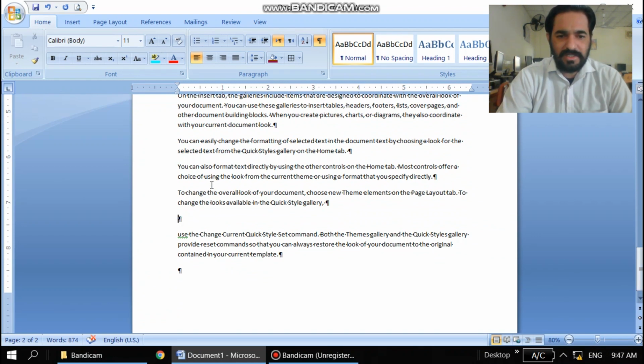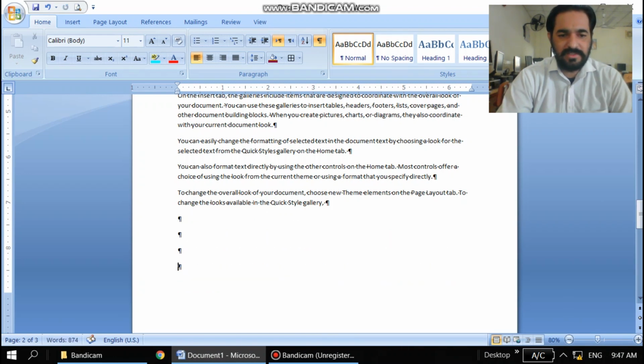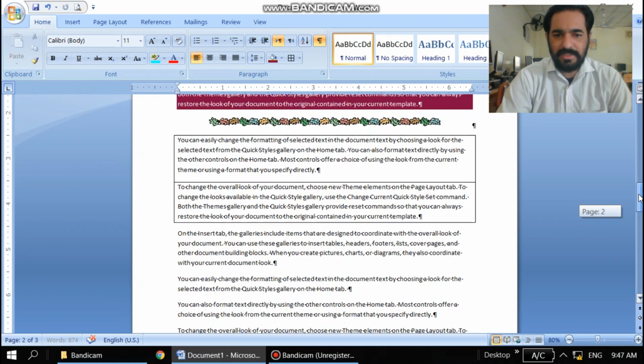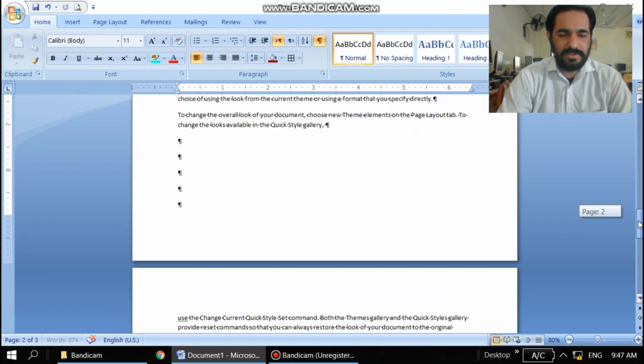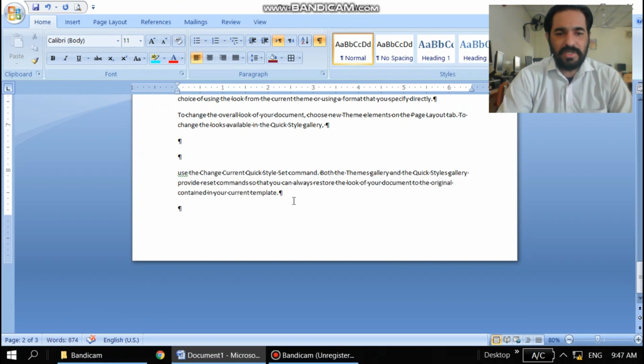You can see at this point there is no space, but here you can see there is a space, meaning I entered another. If I press enter again, it means space is being added, and this document can show me where the actual spaces are available, where you have to remove these spaces and where you have to add them.